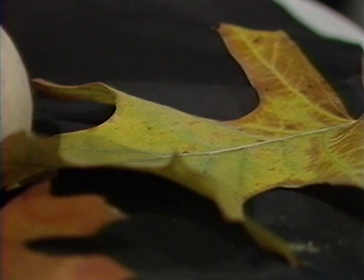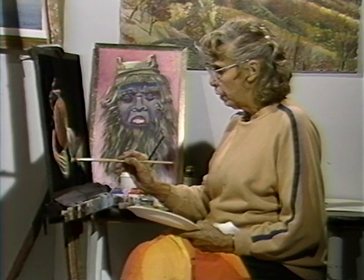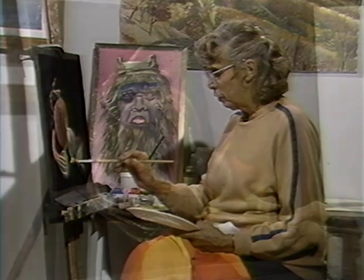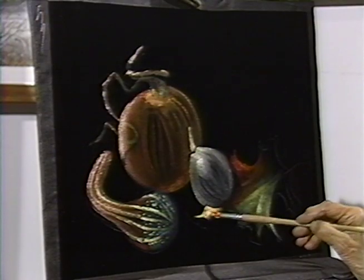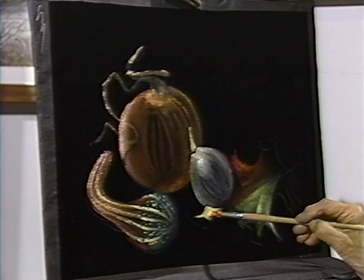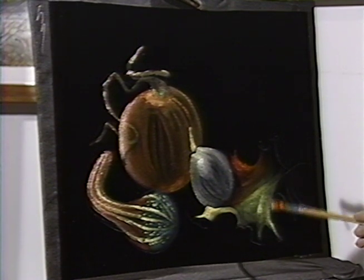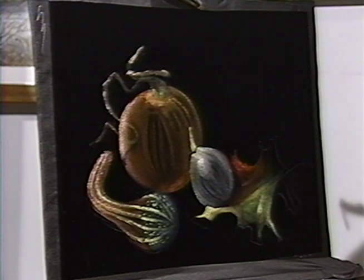I can tell you one thing, that you have to have the courage to suddenly sit down at a piece of velvet which could make a nice evening dress and start throwing paint all over it. That takes a certain amount of chutzpah, as you might say. So here's this leaf beginning to sort of take shape in front of your eyes and mine,